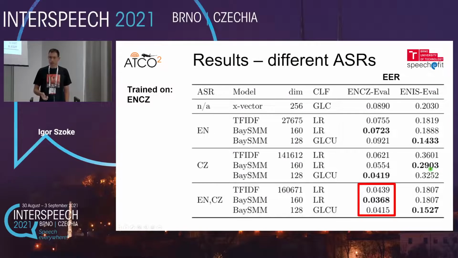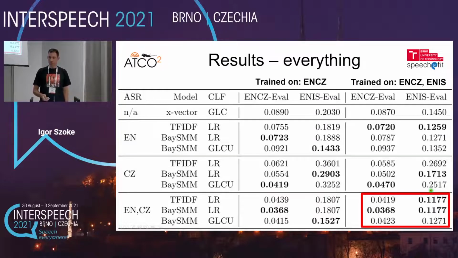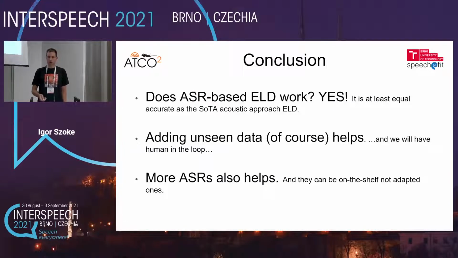What is good is that we can very easily combine these two ASRs. So we just take the statistics from the English one and the Czech one, put them again as a bag of words, and well, it combines well. We got another nice improvement here. And finally, what happens if we also add the unseen data, the English-Icelandic data pair, into this beast? Again, some small improvement. So I think this technique is quite nicely scalable.